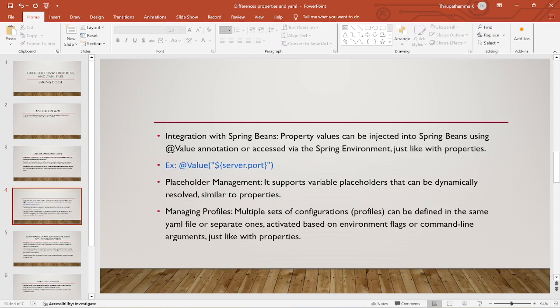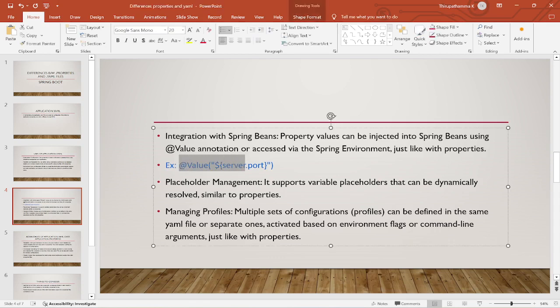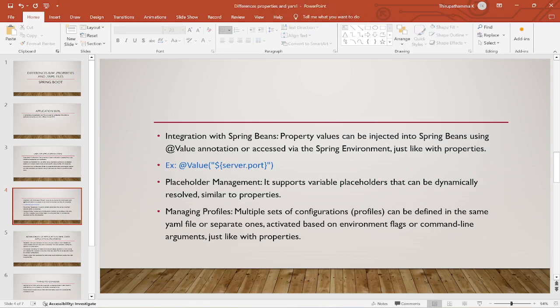Come here, look at the example. @Value, within double quotes we need to provide the name of that property. See, this is the syntax. In this way we need to provide. Here we are getting the server.port value. We'll see the example at the end. Okay, then next,